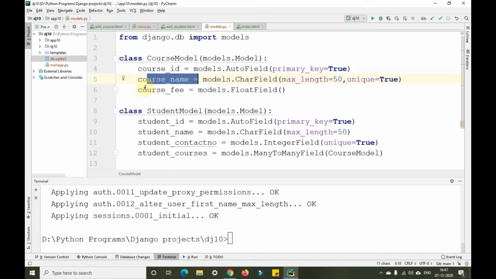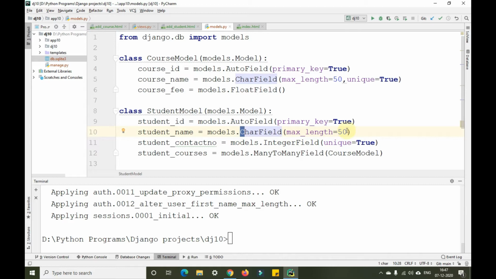The course fee is a float field, and there are no attributes for it. Similarly, in the student model, we have the student ID, which is an auto field and primary key equals true. The student name is a character field with a max length of 50, because the student name can be repeated, it can be a duplicate.